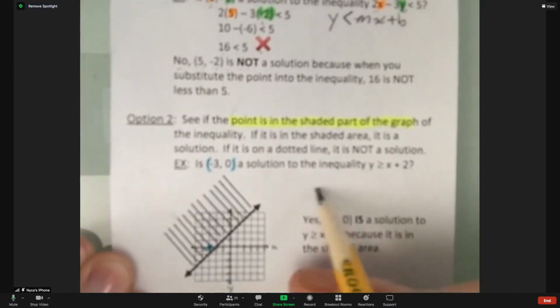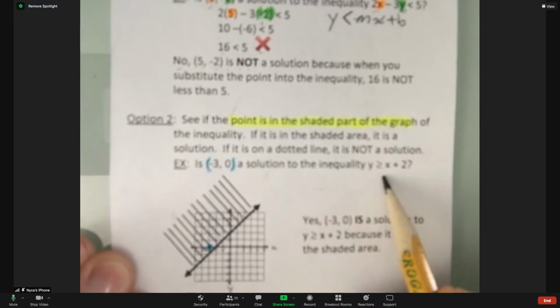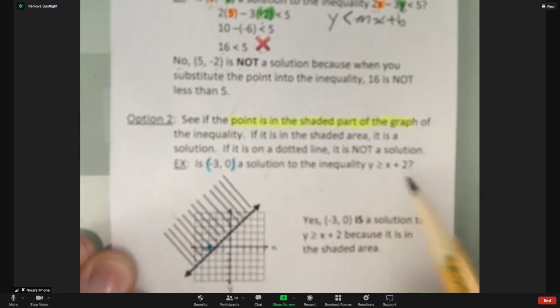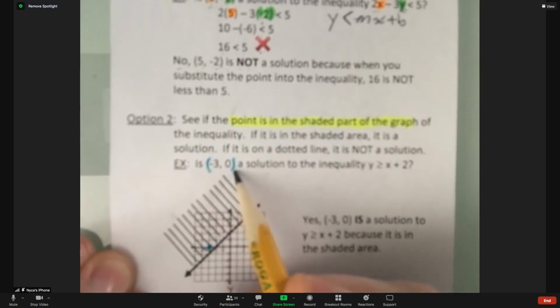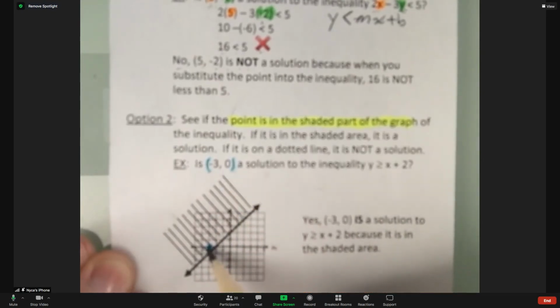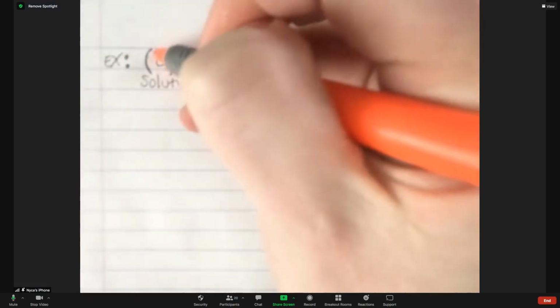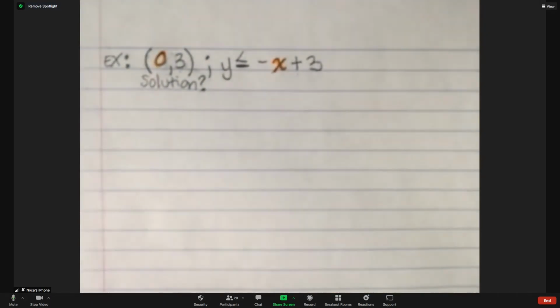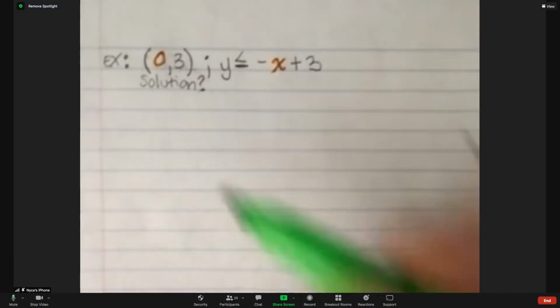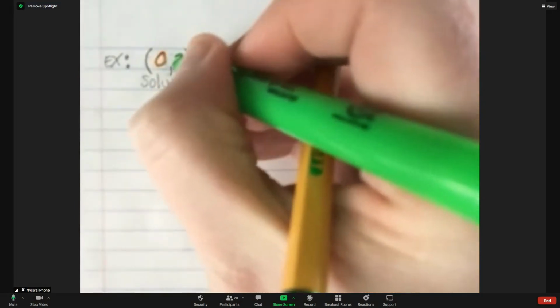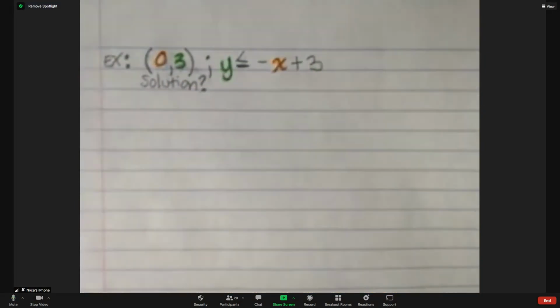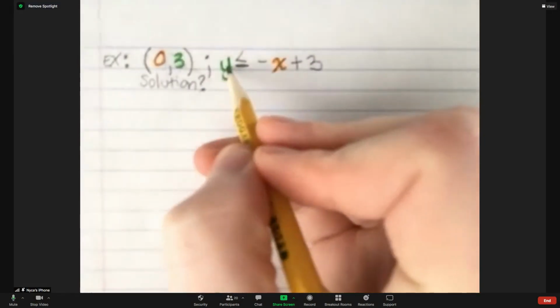You can also graph the inequality and then do what we did in the previous section. Take that ordered pair and see, is it in the shaded area? So where I see the x, I'm going to take in my ordered pair the x value. Don't forget, when you plug in, you want to make sure you use parentheses so that you do the proper operation that's being asked. So for this one here, the 3 goes where the y